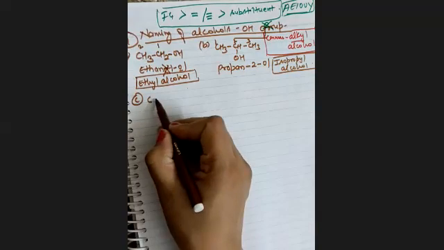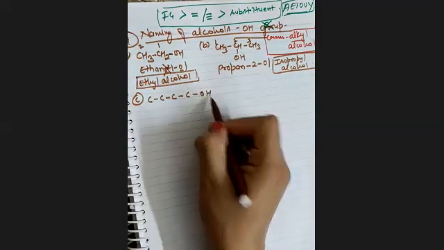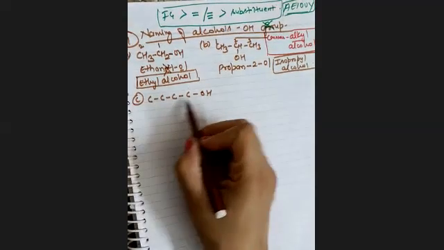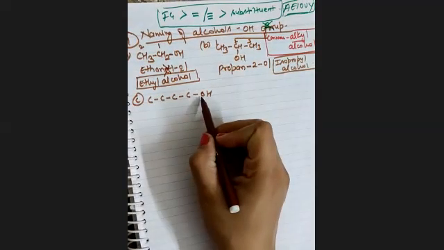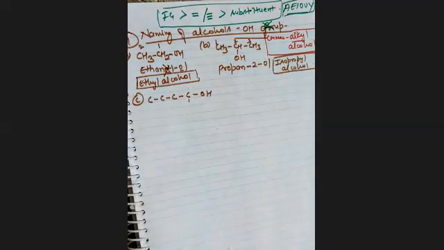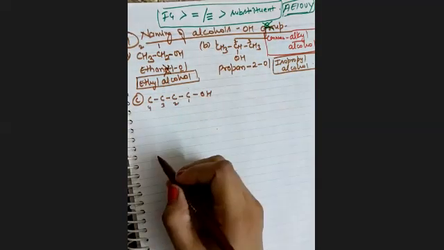Let's just increase the number of carbon. 1, 2, 3, 4. OH. Right now I'm not writing hydrogen. Okay. So from which carbon we'll start numbering? From this carbon because OH group is near. The basic rule is we'll have to give the nearest position to the functional group or locant. 1, 2, 3 and 4.